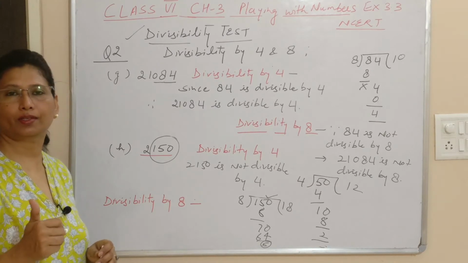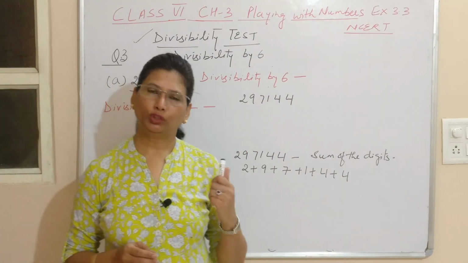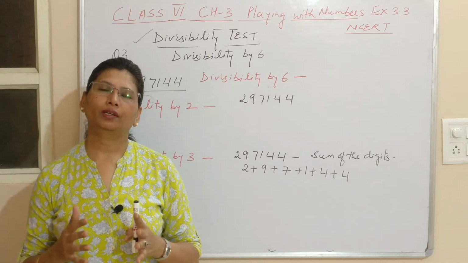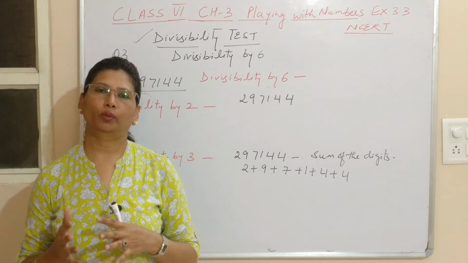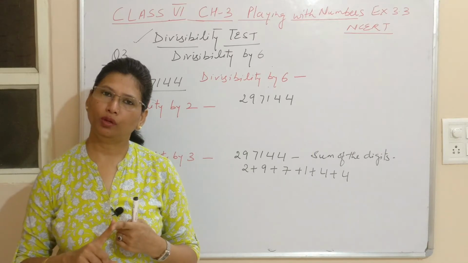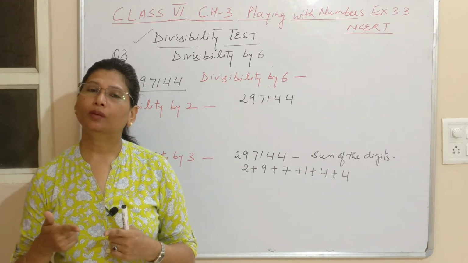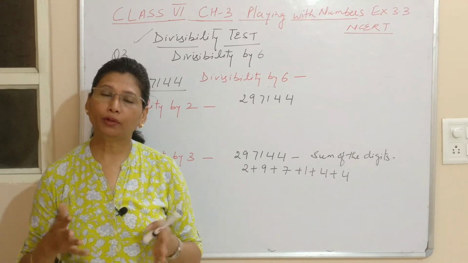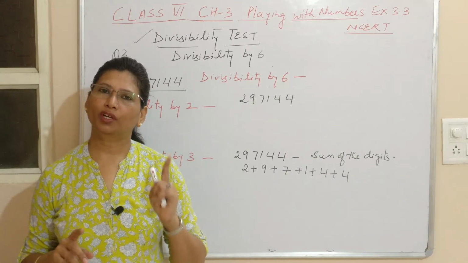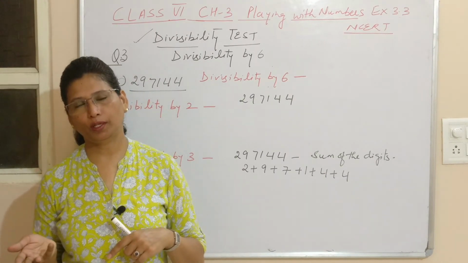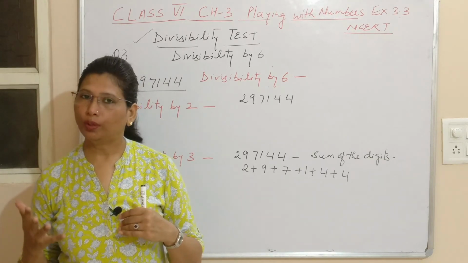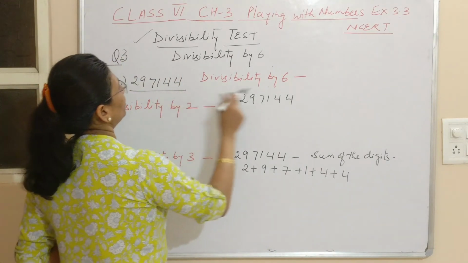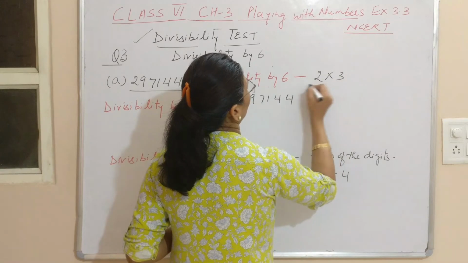So now we'll take question number 3, which is based on the divisibility test by 6. If you are testing whether a number is divisible by 6 or not, we test the divisibility by 2 and the divisibility by 3. How do we test whether the number is divisible by 2? If it's an even number. Do we need to divide completely by 2? No. You will just see the ones place. If the ones place is an even number, then it is divisible by 2. And for 3, what do we do? We add all the digits of the given number. So here, this is the number. Now 6, you can see the factors of 6 are 2 and 3.